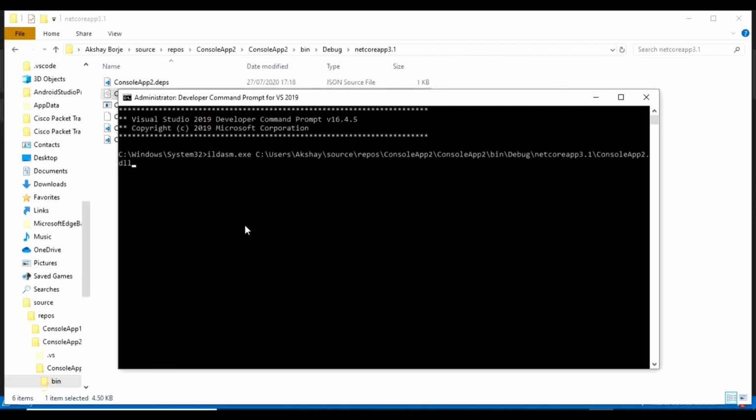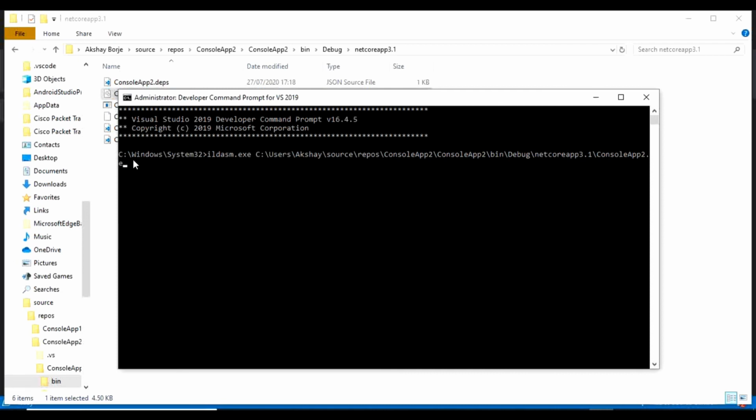As I explained in the previous video, Visual Studio is generating both the DLL and the exe as well. Why it is doing something like that will be clear to you in this video. I am using the .dll file here, the full path as well as the name of the assembly. What if I use .exe?